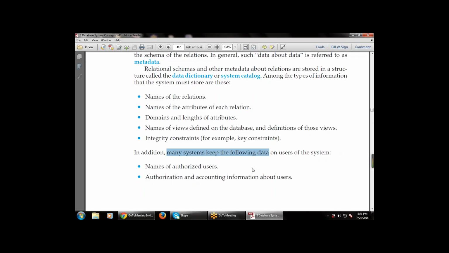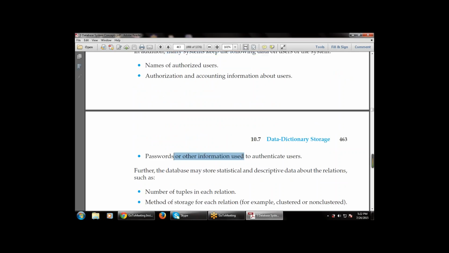Then what is the relevant information needed for this? That is the name of the authorized user, then authorization and accounting information, that is, the account information related to the users. Then the password or other information used to authenticate the users. There is also information available with the user to authenticate the users, that is,